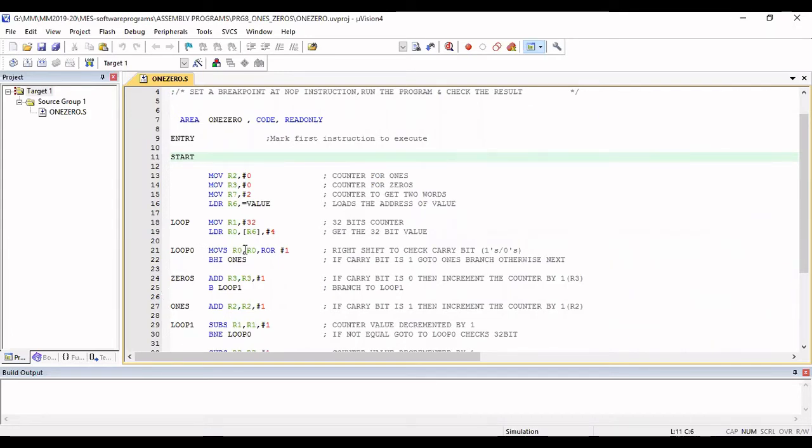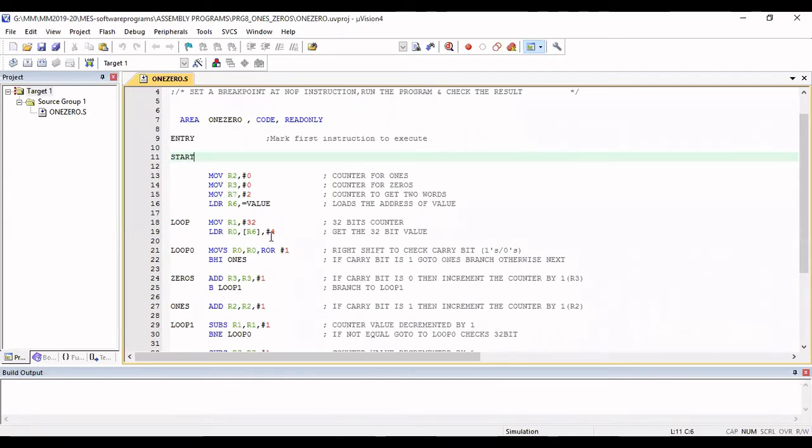Again, the next bit will be right rotated towards the right side, and again the counter will count. If it is high, R2 will be incremented by 1; if it is 0, R3 will be incremented. Again the same thing will repeat. How many times? 32 times.